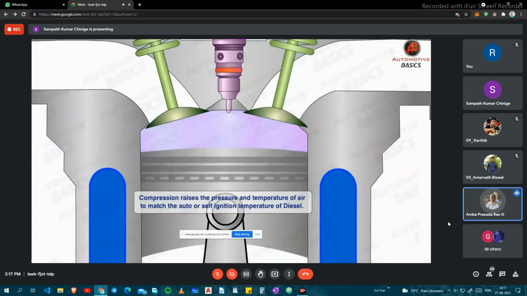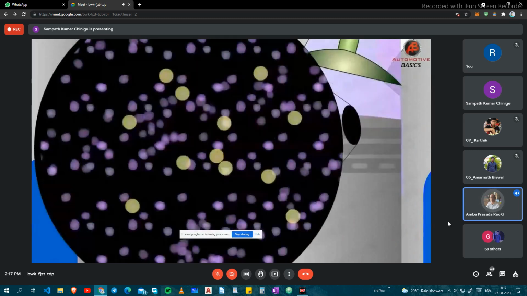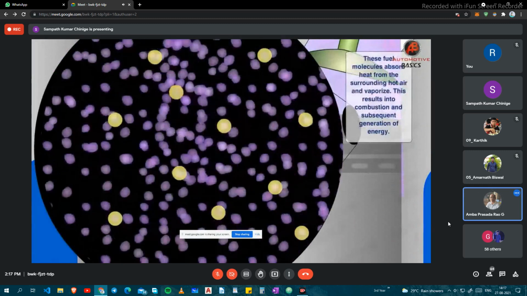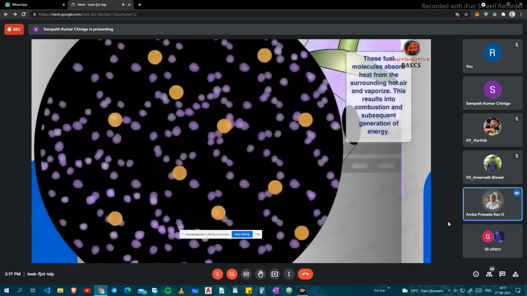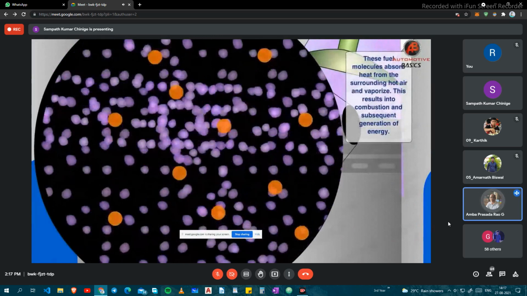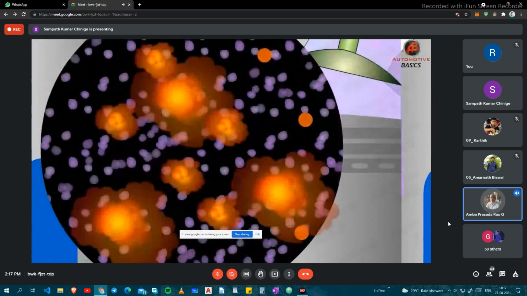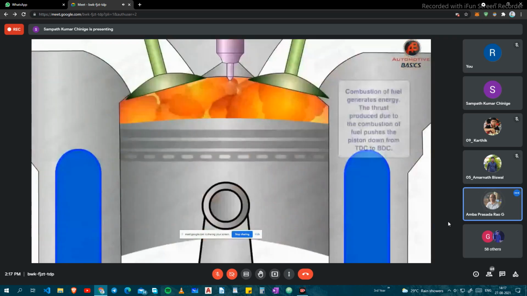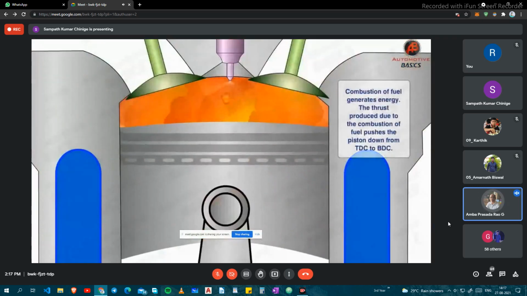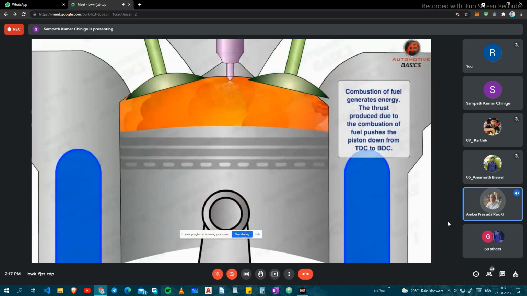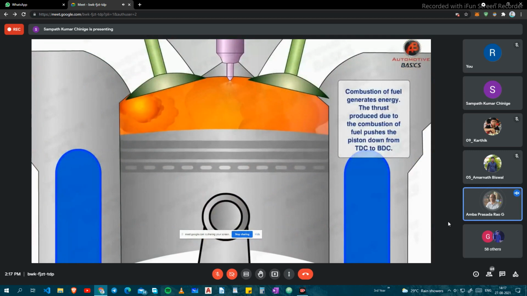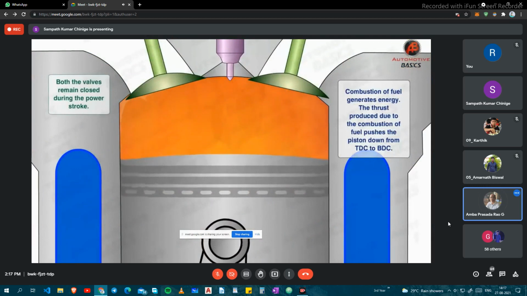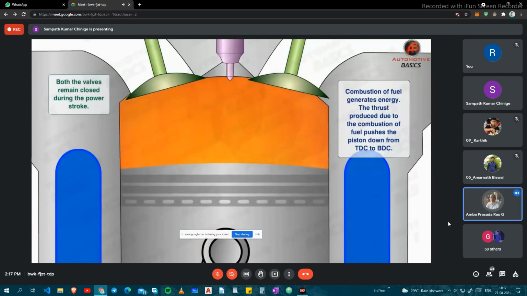So the fuel injection pump and fuel injector are very important components of a diesel engine. If the fuel injection pump and injector fail to do their job completely, the combustion is incomplete, and you see very thick smoke in the exhaust. Every droplet of fuel will be associated with dense air, which is available at the end of the compression stroke. Now you see a huge flame.